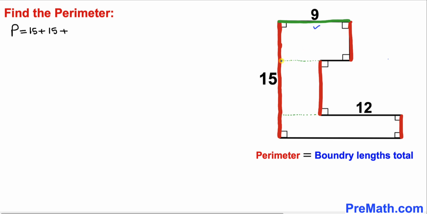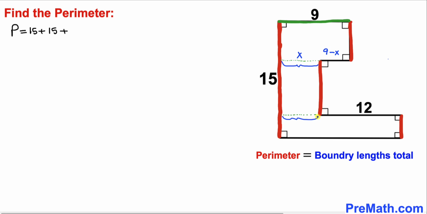Let me go ahead and call this side length as x units. Then this length has got to be simply 9 minus x, and if this length is x units,